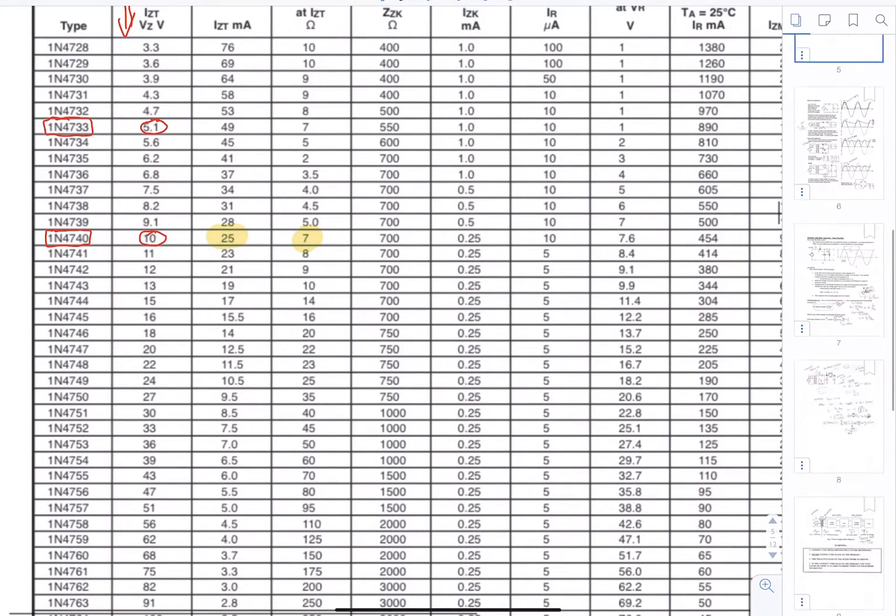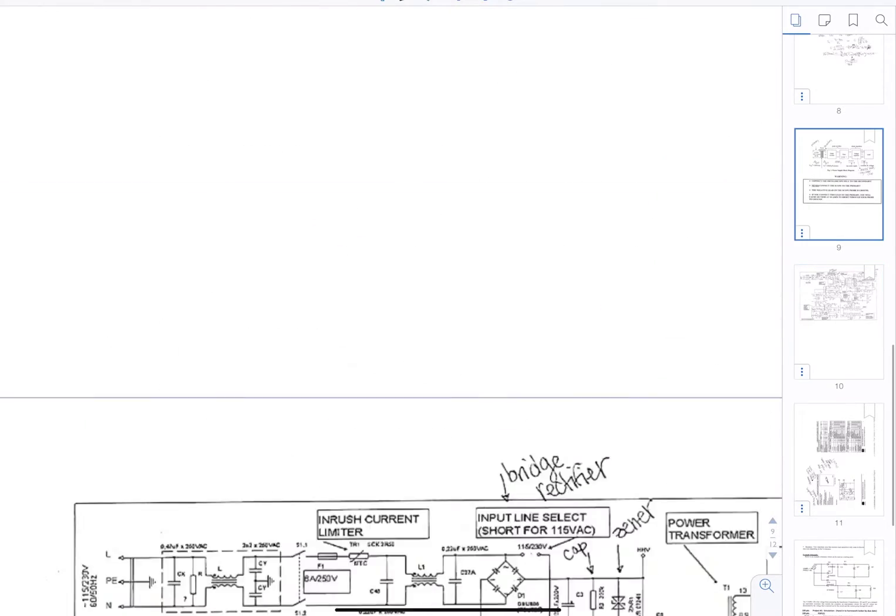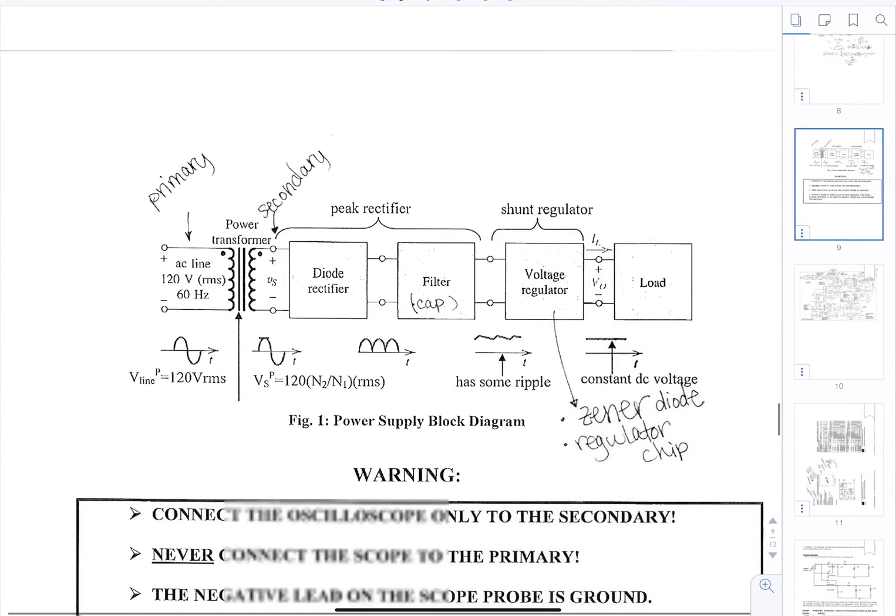So for a power supply, I'm skipping ahead. This is an overall layout of the power supply. You need to have a voltage regulator, and that can be a Zener diode or a regulator chip. And then you also need a capacitor to act as a filter to filter out some of the signal, and you need a diode rectifier. So these are the different parts of the